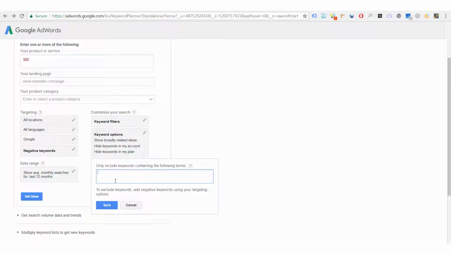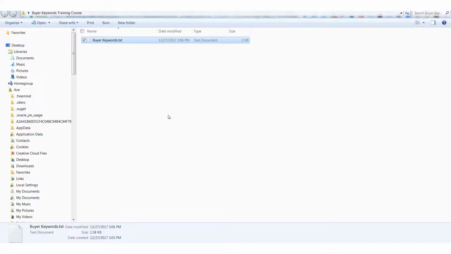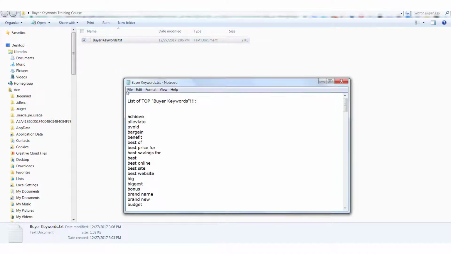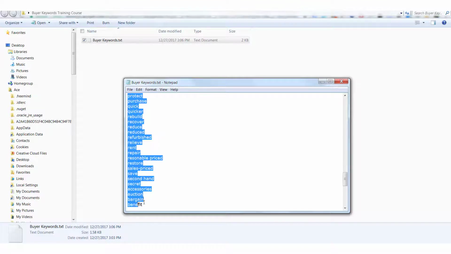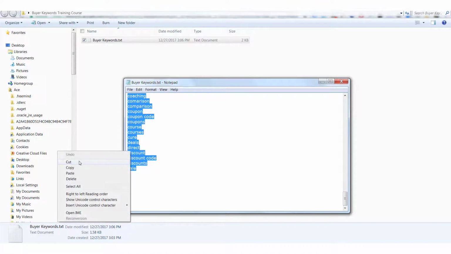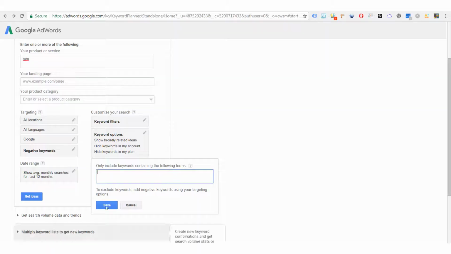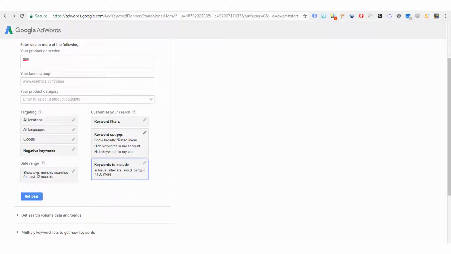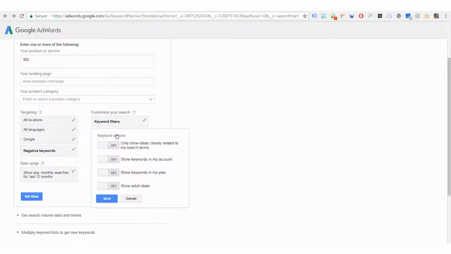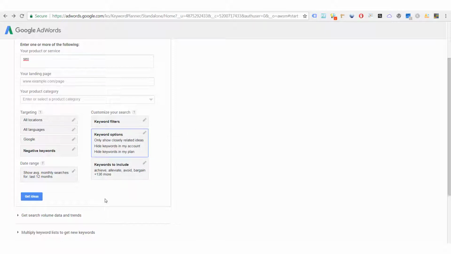Okay, so next we're going to click on the keywords to include filter option, and let's go ahead and go into the folder that you've downloaded for this course to open up the buyer keywords txt file. That's the buyer keywords text file that I want you to open up, and we're going to copy the keywords from this file and paste them into the keywords to include filter, and then we'll click save. And let's go ahead and pass one more filter here. We'll make sure that the only show ideas closely related to my search terms is turned on, because normally it's turned off. We'll turn it on, click save,